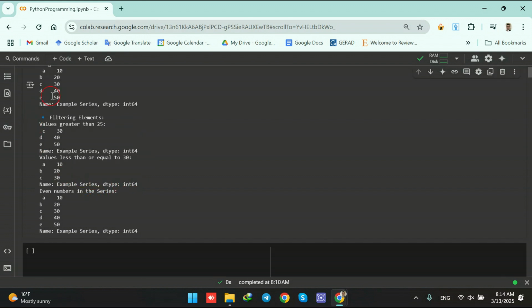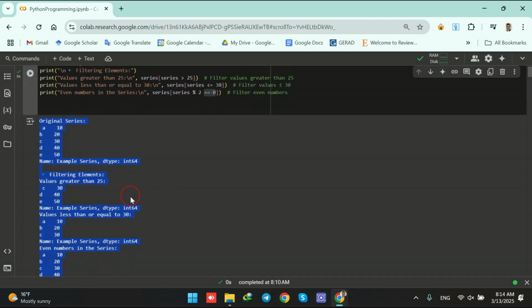For this, we are saying 10 divided by 2, the remainder equals 0. Yes, so we are having 10. 20, when it is divided by 2, the remainder of this division equals 0? Yes, so we are having 20. The same goes with 30, 40, and 50 because all the elements in my original series